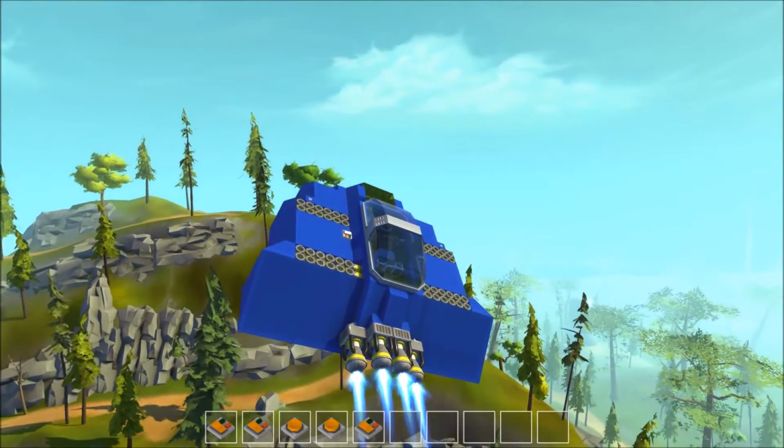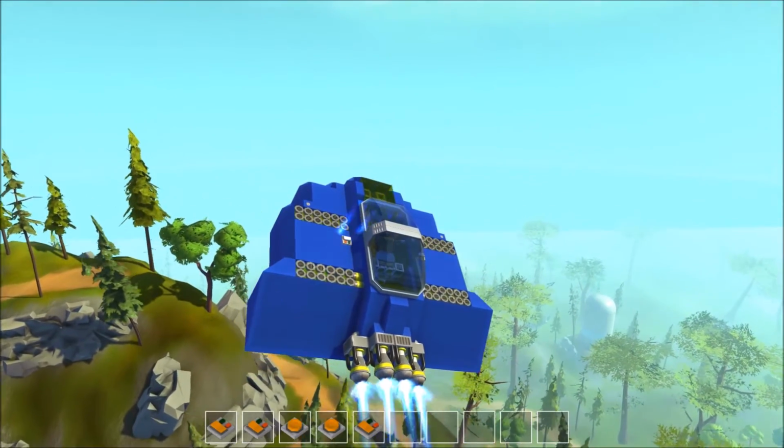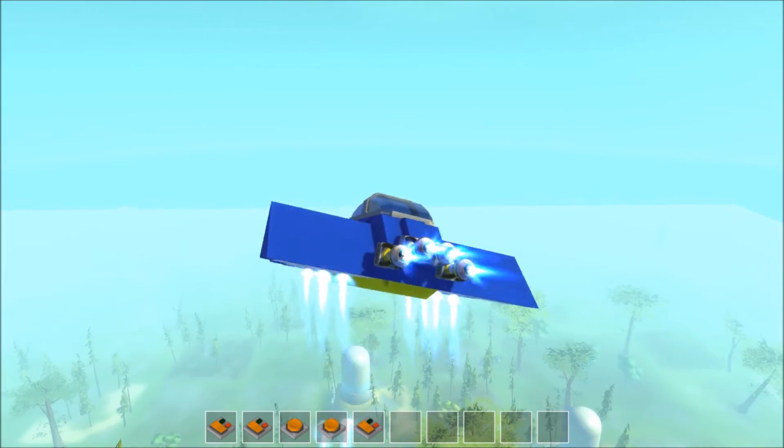It flies fairly neutrally. It's supposed to add some rocks in the back to make it slightly more powerful for us, and it's climbing like this, it doesn't stall out. Something that's